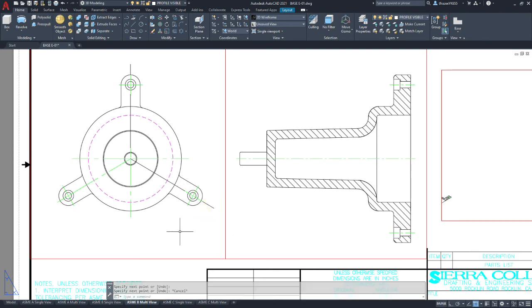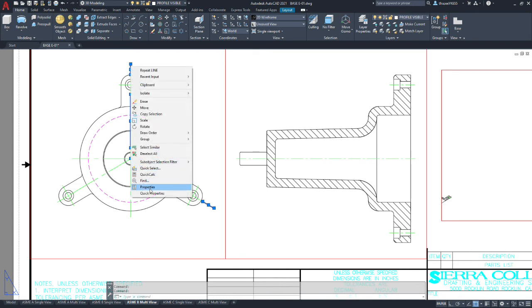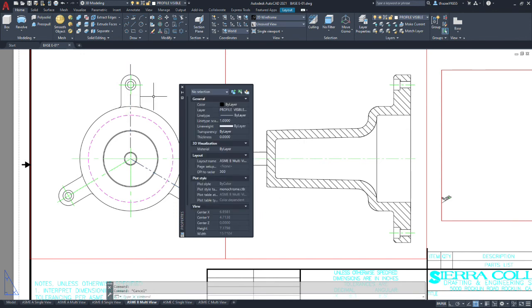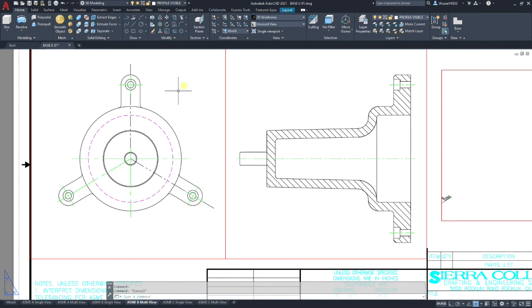It's about there. Now we're going to select all those lines we just created, and we're going to override their line type. Select them all, right click on them, hit properties, go to line type, Phantom 2. Okay, so we've got our phantom lines. And then we're going to do our annotation arrow. So we're going to type leader.